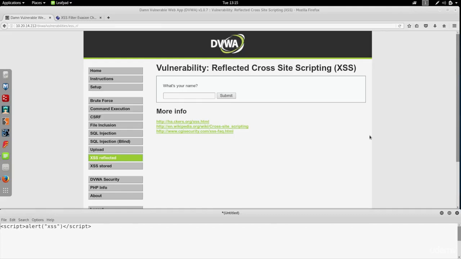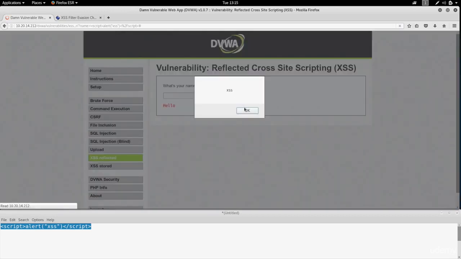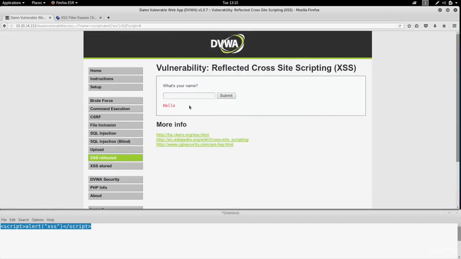Now let's have a look at the medium security level and see if we can inject our code and run JavaScript code on the target website. So this is the exploit, or the payload, that we're using. Before I change the security level to medium, I want to show you what the website looked like. If we right click on the hello and go to inspect element,